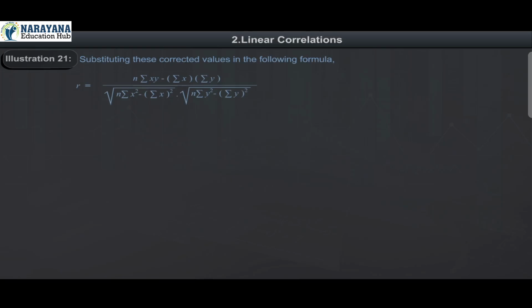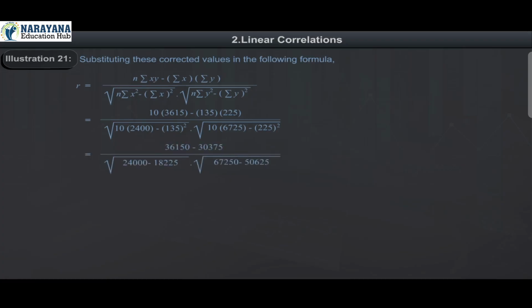Substituting these corrected values in the following formula, r is equal to n sigma xy minus sigma x into sigma y divided by under root n sigma x square minus sigma x whole square into under root n sigma y square minus sigma y whole square, is equal to 10 into 3615 minus 135 into 225 divided by under root 10 into 2400 minus 135 square into under root 10 into 6725 minus 225 square is equal to